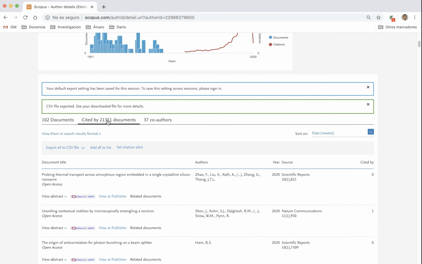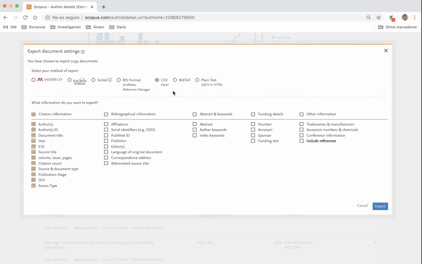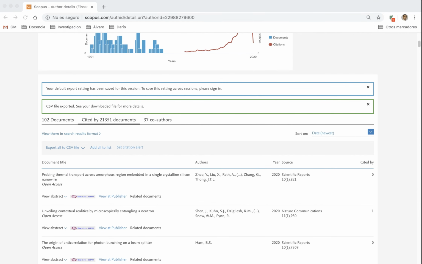Other options for downloading would be, for instance, all the documents that cited these ones, but the problem is that here you have to do it in different steps because you cannot download all this information in one shot. Okay, and with this are the main things that we